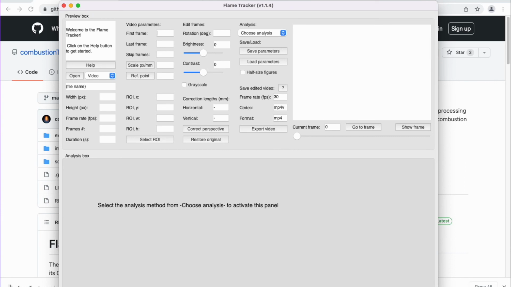Now you're ready to use the flameTracker, and in the next videos we will see how to use the different